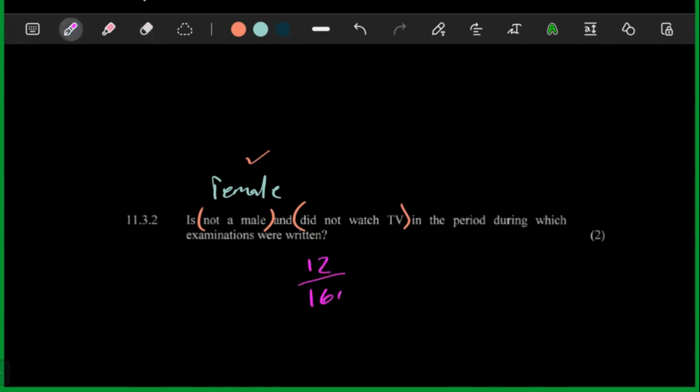Yeah, and then that will give you 3 over 40. Yeah,